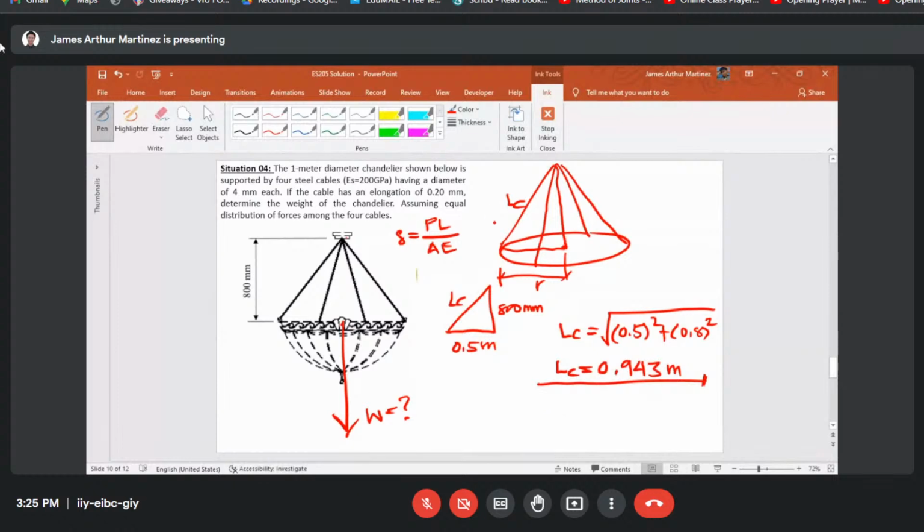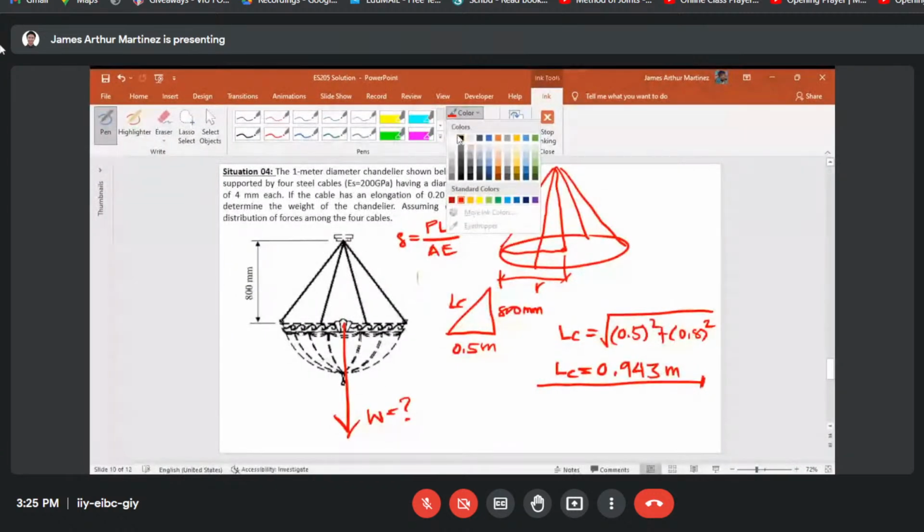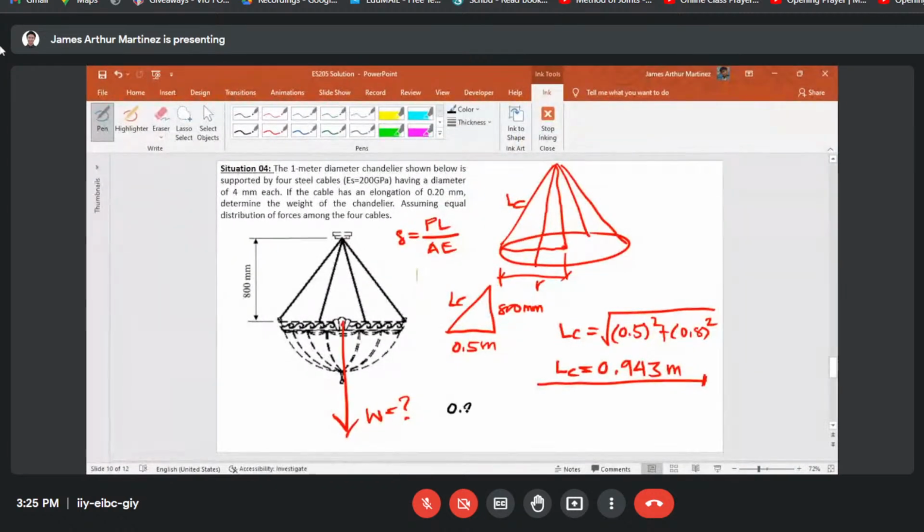So, we have now obtained the length of your cable. Applying that here in our formula for deformation, you have a deformation of 0.20 millimeters. So, 0.20 millimeters. I will convert it into meters, and the conversion factor is 1 over 1,000, equal now to P, which is unknown. Then the length of your cable